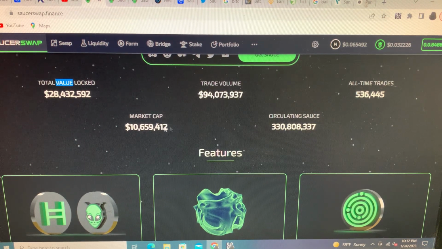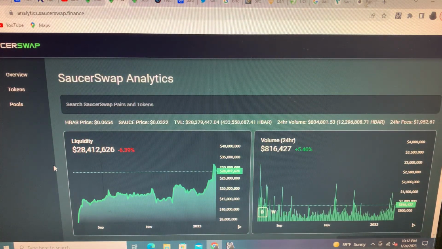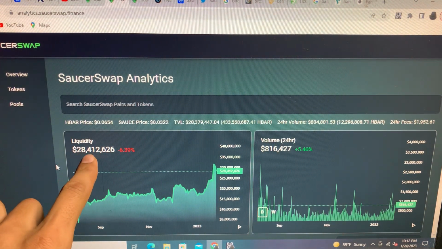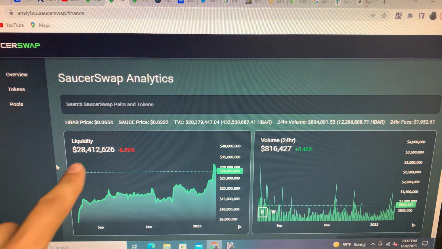Okay, now let's look at what's getting done with the TVL, this total value locked. What's going on with this? All right, so you're gonna click here on the price of SaucerSwap, and it'll take you right here. So here it is. The liquidity right now, currently, there's 28 million. This is going to add a zero pretty soon. Just know that, and it's going to